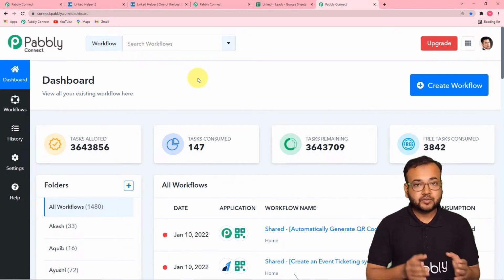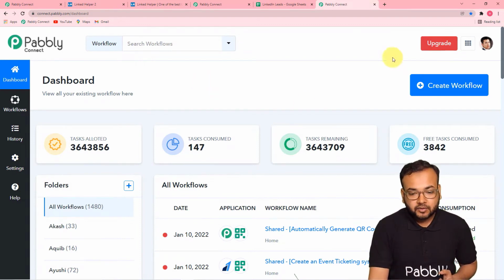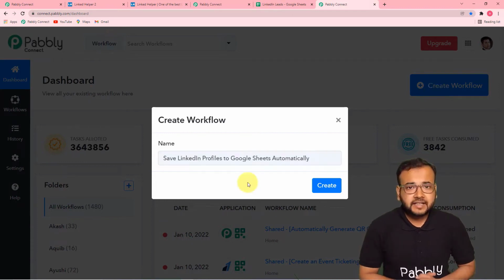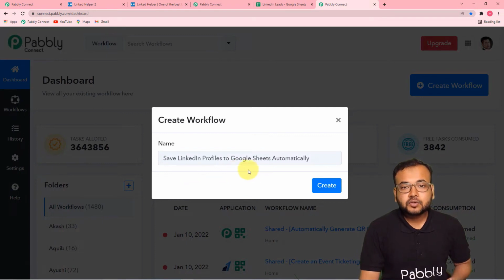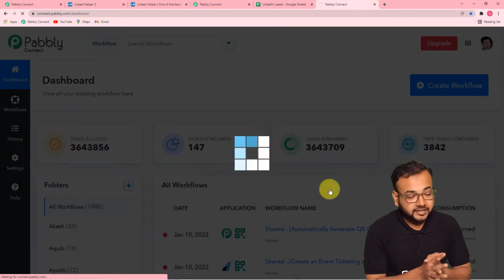And guys, here you have to start working by creating a workflow. So guys, to create a workflow, you just have to click here on this create workflow button like this. And here you can give any suitable name to your workflow also. So let me fill the name here. So I have given the name to this workflow as save LinkedIn profiles to Google Sheets automatically. And now you can click here on this create button